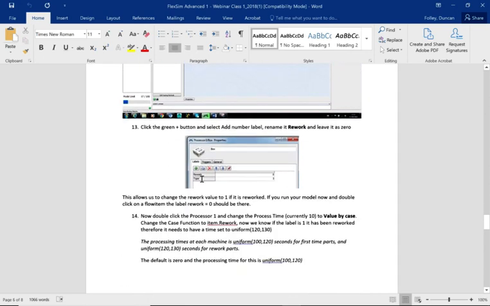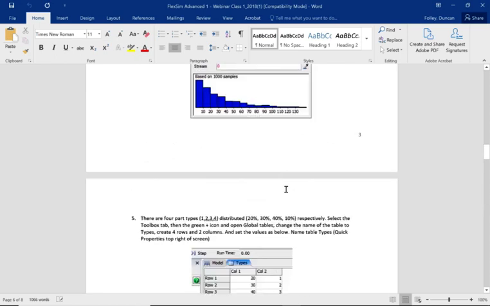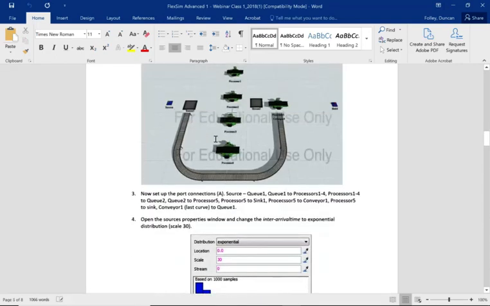It's already going to have a label called type 1, 2, 3, 4. But we're going to get that value for Rework, and it's going to be defaulted to 0, and as it comes through, if it becomes one of the 20% that goes back around the conveyor, we're going to change that rework value from 0 to 1,